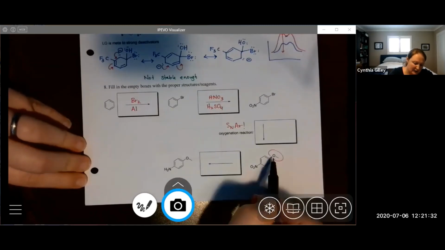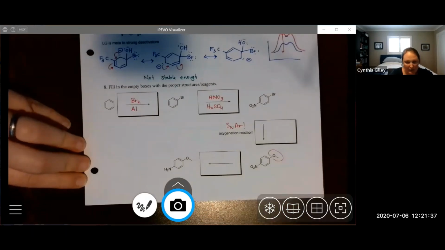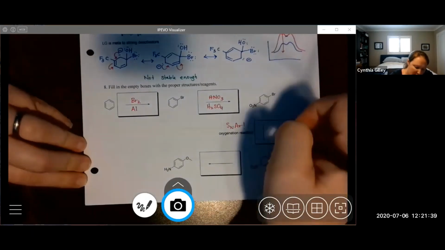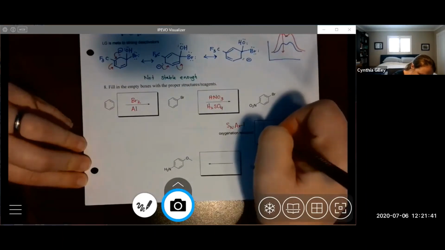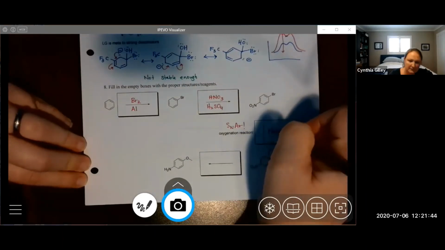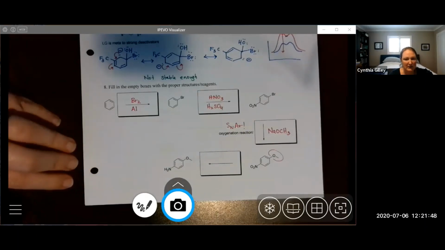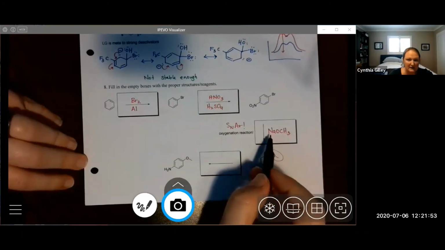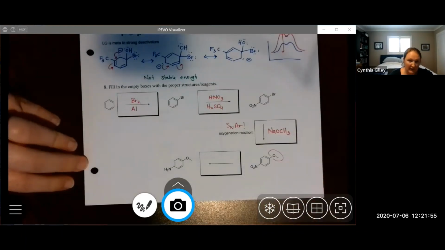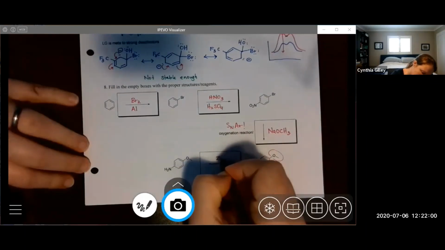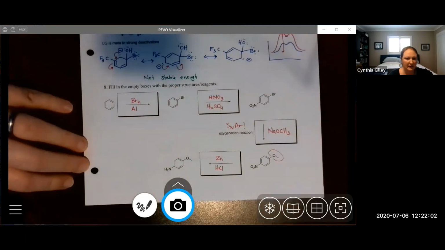Notice that I did not introduce an OH group, but an O-methyl group. That's fine. So instead of sodium hydroxide, we're just going to use sodium methoxide. If we wanted to introduce hydroxide, it would be sodium hydroxide. And if we want to introduce an ether, we use an alkoxide. And then the last step is reduction of the nitro group. We can do that with